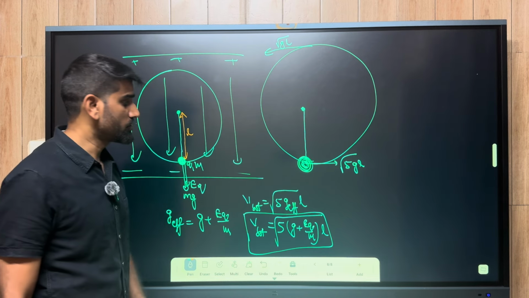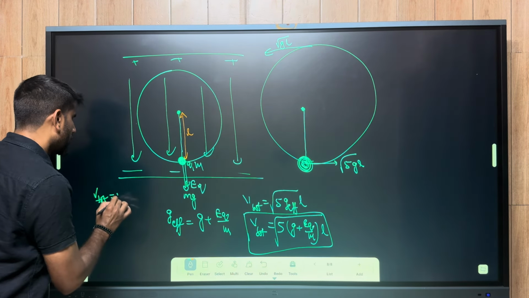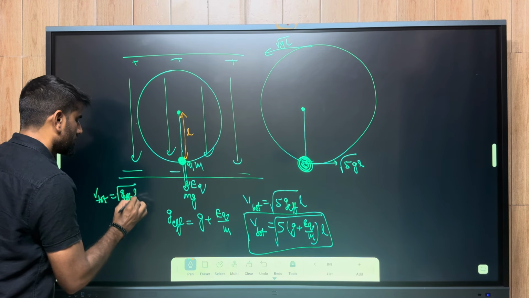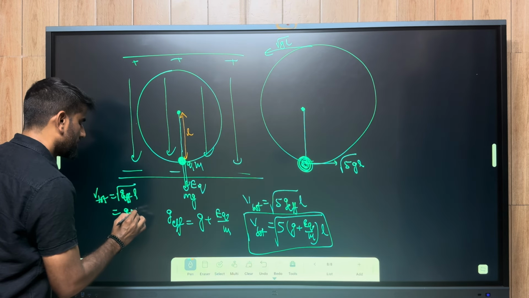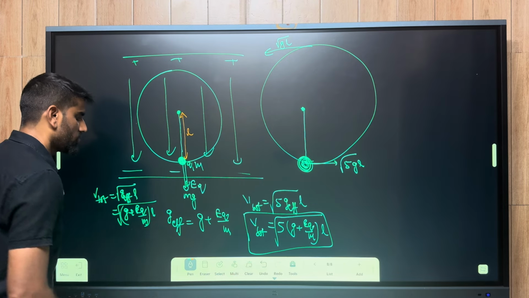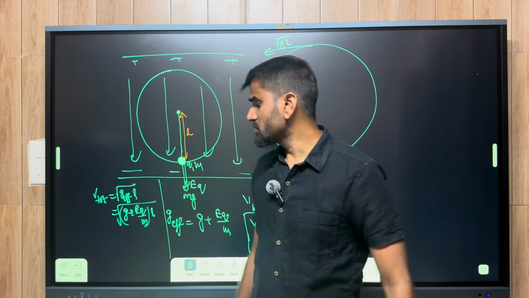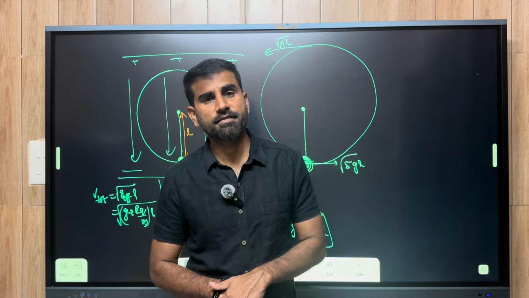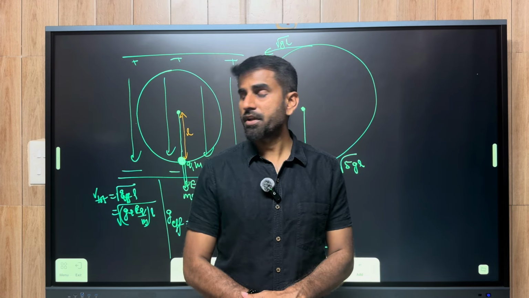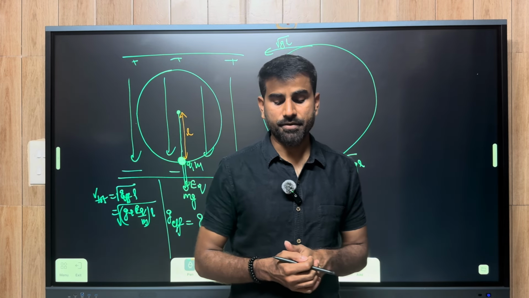So V bottom, and if you want to write the equation for V top also, we will get V top is equal to root of g effective into L, where g effective is g plus eq by m, right? So these are the examples that can be solved by making use of motion of a charged particle in uniform